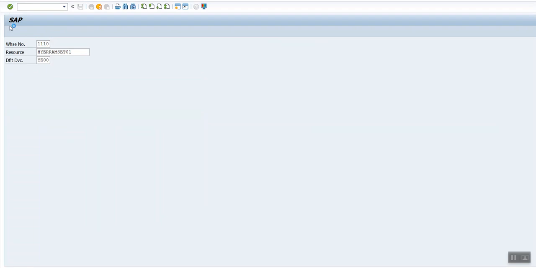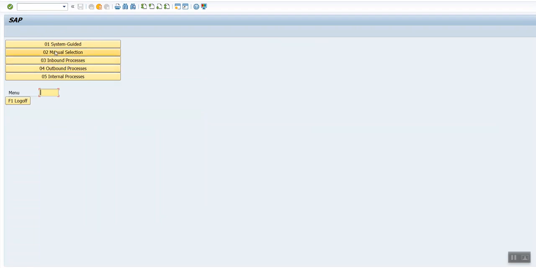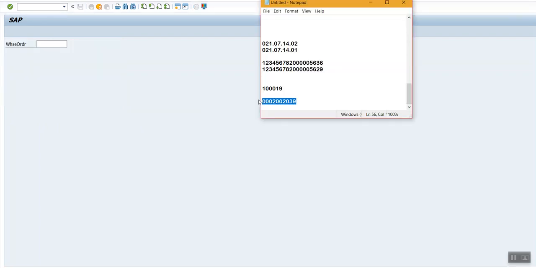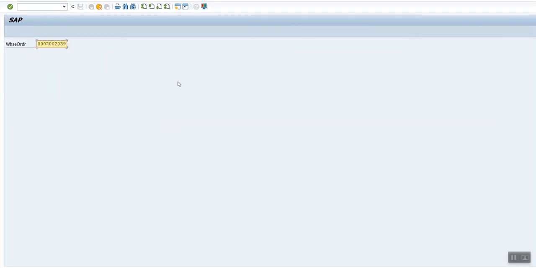Okay, so I am logging into RF, going into internal warehouse order number. I'm not talking about how we are able to process the warehouse order here, because that is based on our resource management setup. A queue determination happens, and that queue has to be assigned to our resource. Based on that, we will be able to.